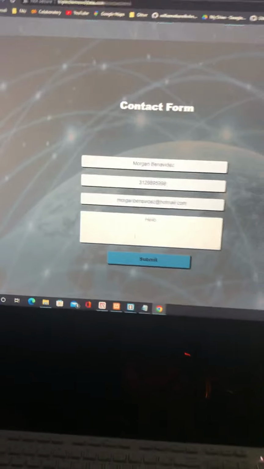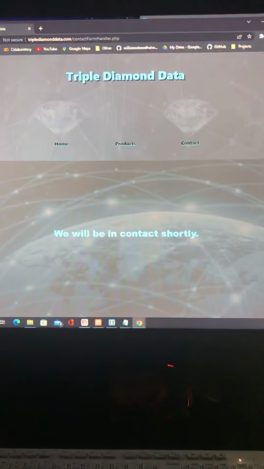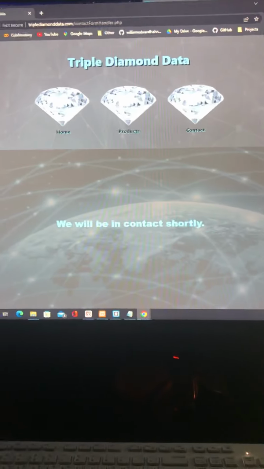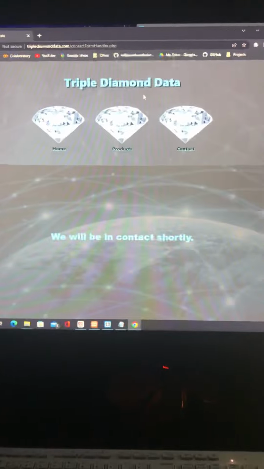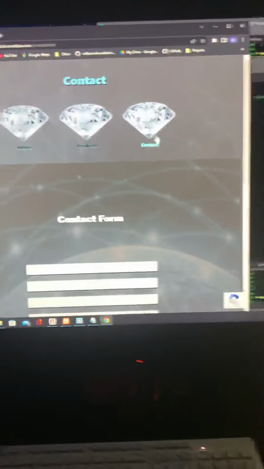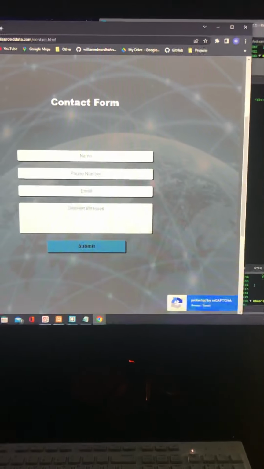it is linked to a database that I created. So this will say we will be in contact shortly. If I try to refresh it, the token is no longer good. So it will say form validation failed, and this is because I have plugged into the Google API for